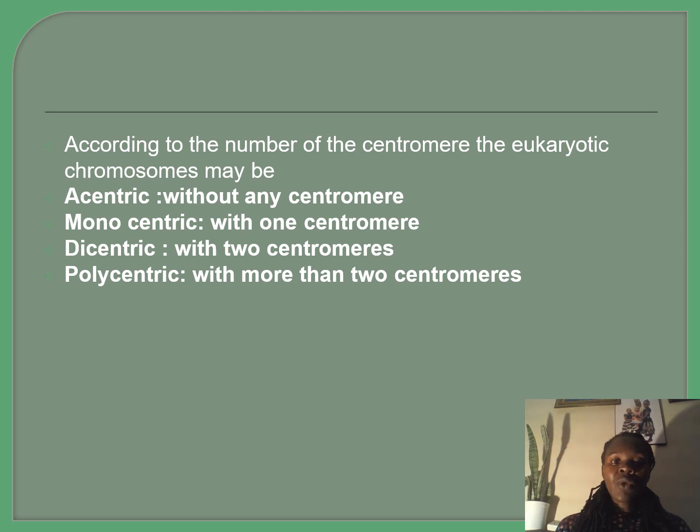Then there is also classification based on the number of centromeres. It can be acentric, the one without a centromere; monocentric, the one with one centromere; dicentric, the one with two centromeres; and polycentric, the one with more than two centromeres. So we had to introduce chromosomes so that when we dive into Mendelian genetics, we'll be able to understand what genes are, what chromosomes are, and we'll be able to understand the hereditary